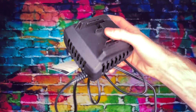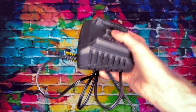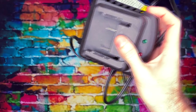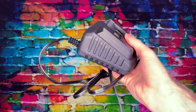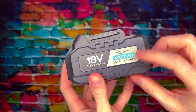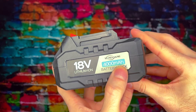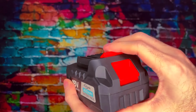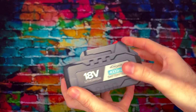Next up we have our battery charger right here, and it looks like one of those that uses the batteries from like power tools and stuff, right? So slap that on there and charge it up. I went ahead and pulled the battery out the back, and as you see, it's an 18-volt lithium battery right here. 4,000 mAh, so I'm going to assume these can be upgraded as well to give you more mow time